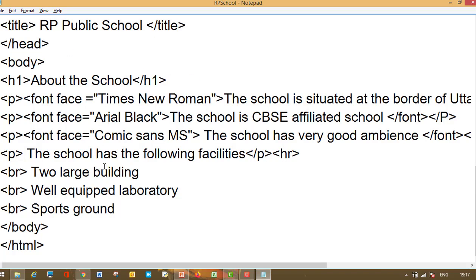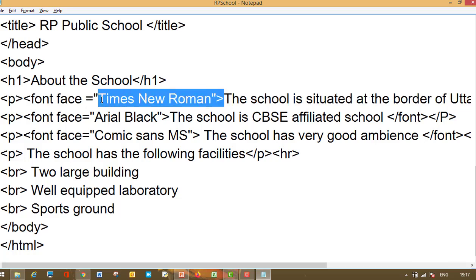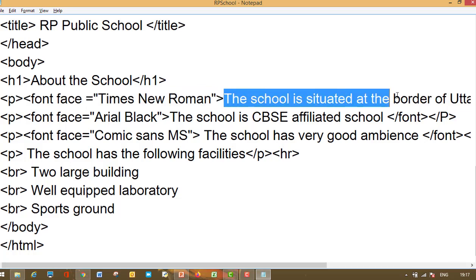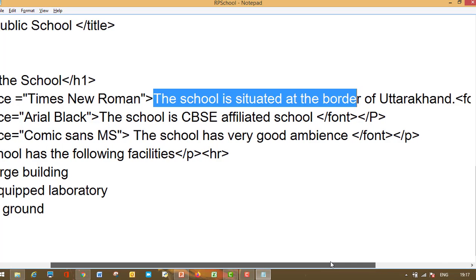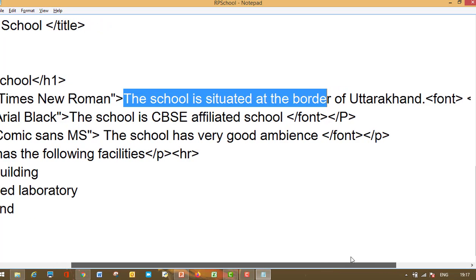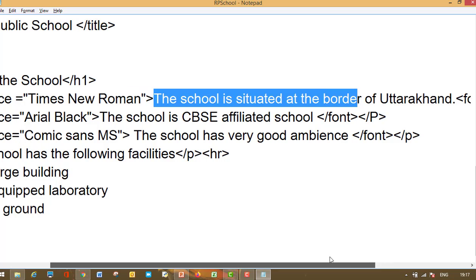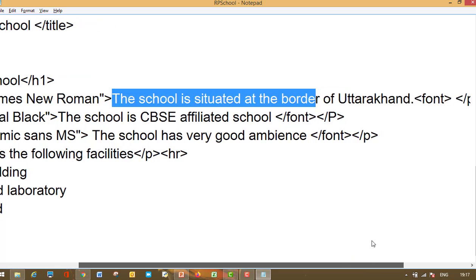So we will just see how I have used it. Here in the first paragraph I have used this font face Times New Roman within the quotes. It's closed. This is your attribute face, meaning that I want this text to appear in Times New Roman. One thing you should remember: if the font is not available, then the default font of the computer will be taken by HTML. If Times New Roman is not available,